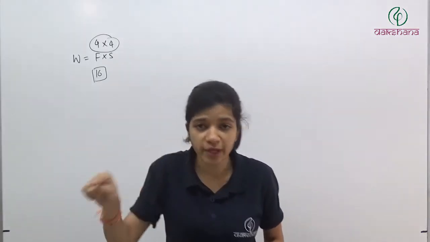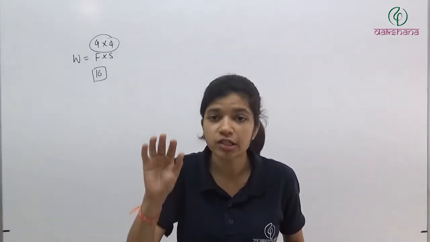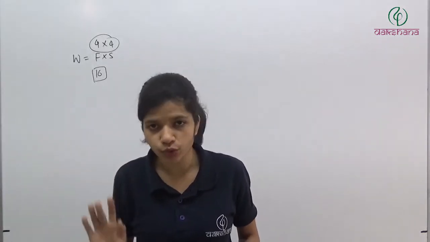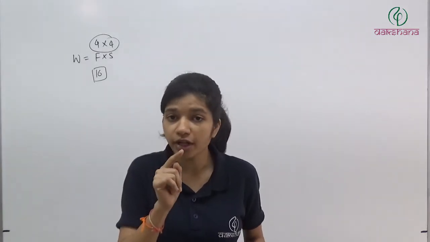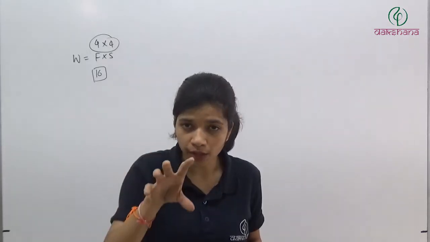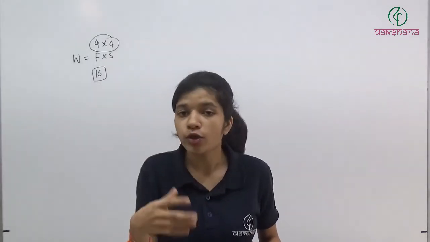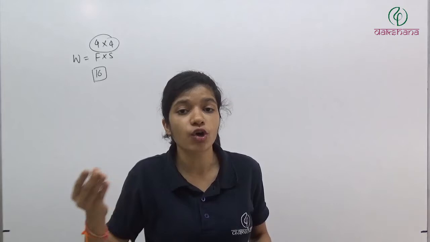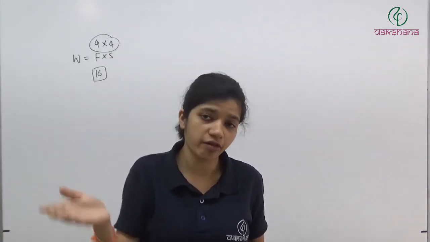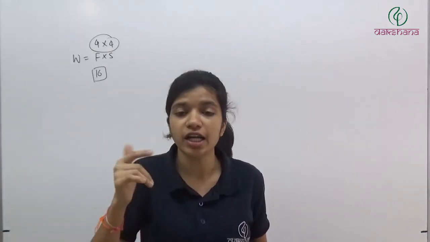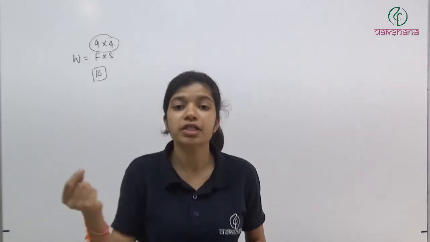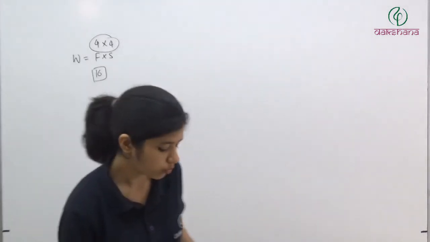If the force and displacement were in the same direction, force is 5, displacement is 10, the work done would have been 5 into 10, 50 joule, but now it is 25 joule. It means one factor of half has multiplied in the multiplication of force and displacement. When we find work done, it is Fs cos theta. If they are in the same direction, F into S, but if not, there will be a cos theta. So cos theta must be half, cos theta is half means angle is 60 degree. Clear? So answer will be 60 degree.